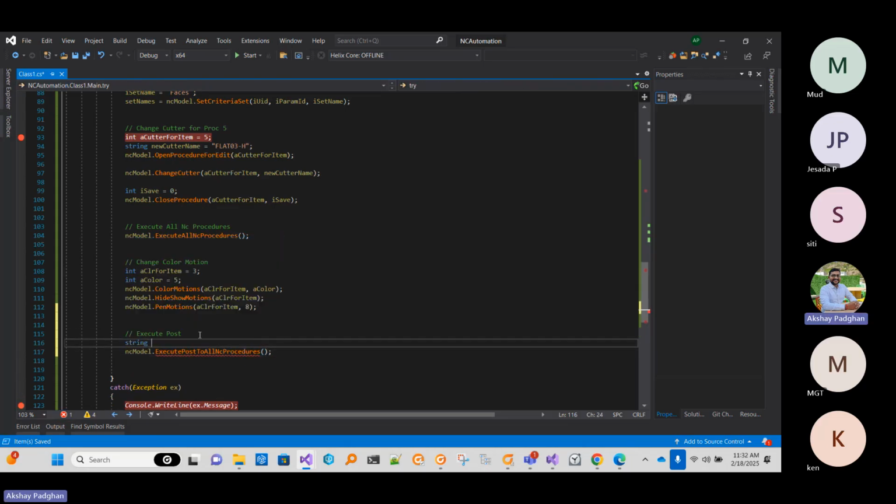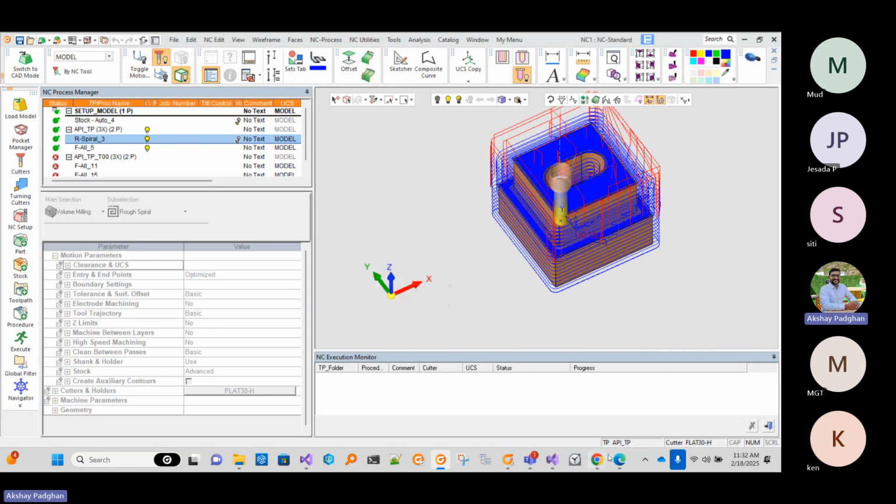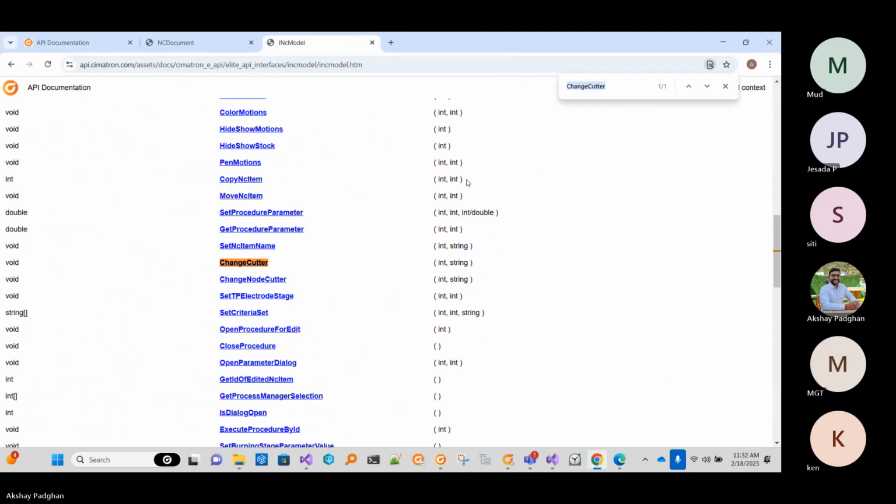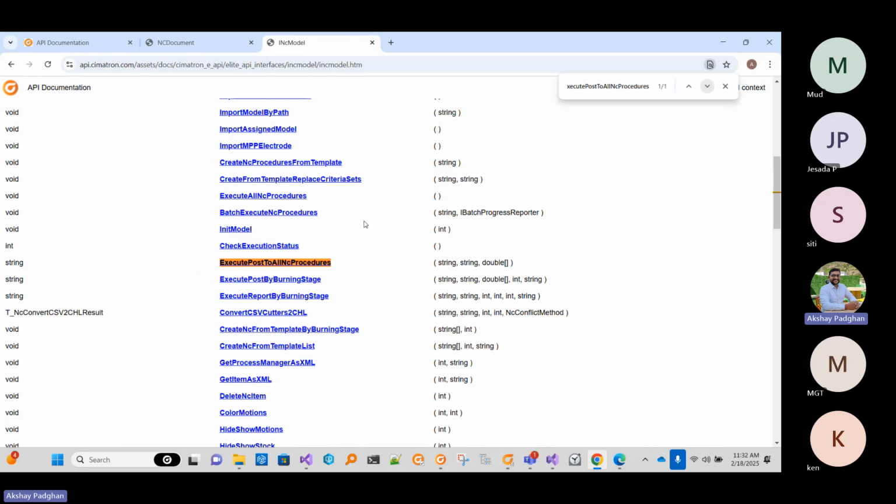So, string post name: GPP2 test. I think I have this. I don't know, let's check. And also the output directory. So if I open the API help and search,